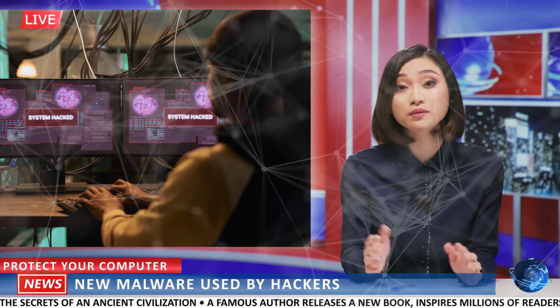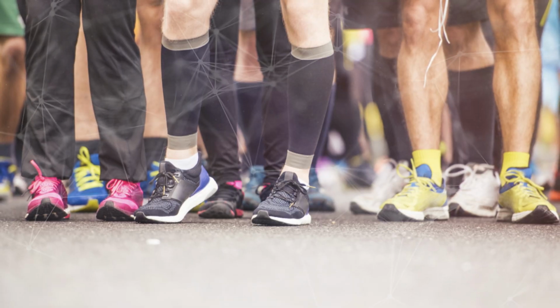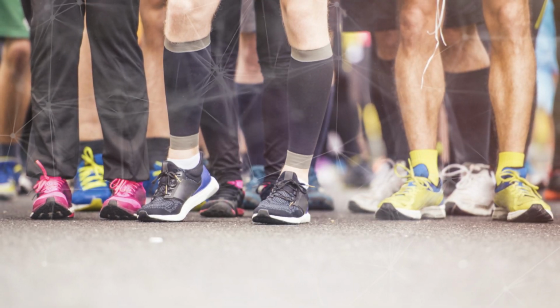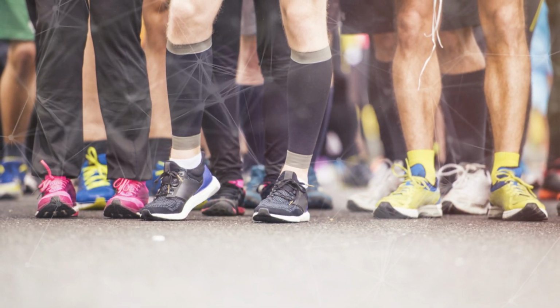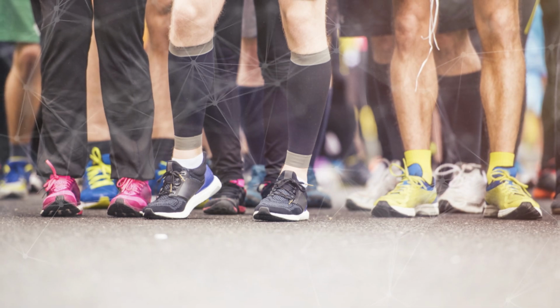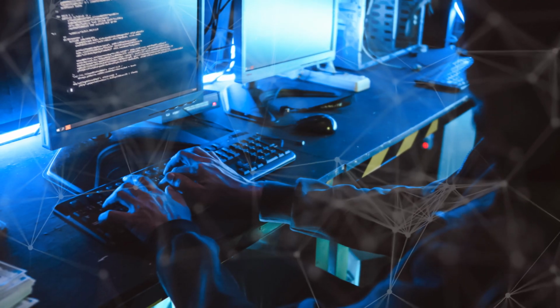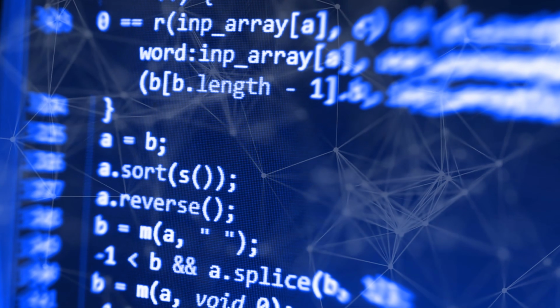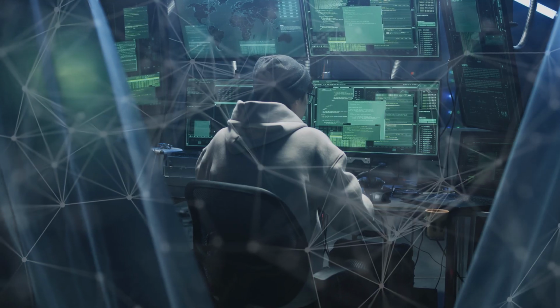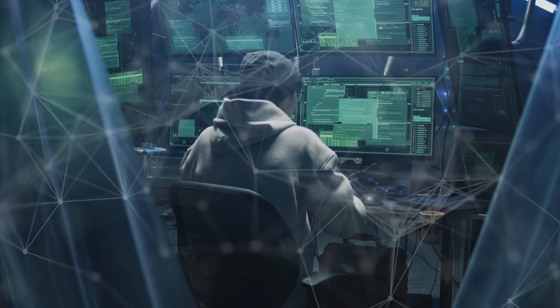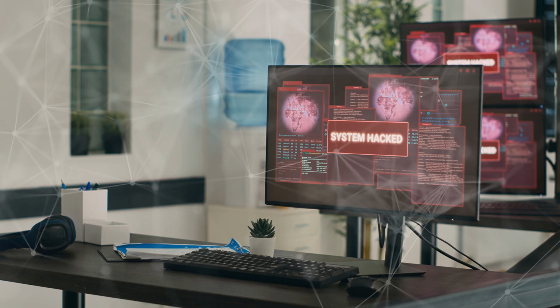To understand a zero-day exploit, we need to understand the concept of a zero-day. The zero refers to the number of days the software vendor knows about the vulnerability. That's right, 0 days. Imagine a race. Hackers discover a flaw in software. The vendor is responsible for fixing that flaw. The hackers exploit this flaw before the vendor even knows it exists. This is the zero-day window.